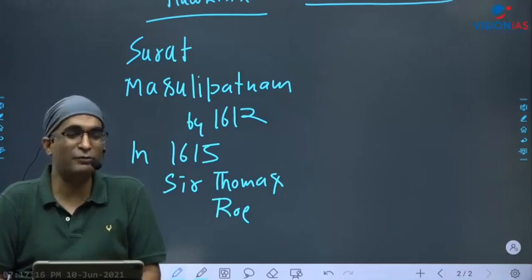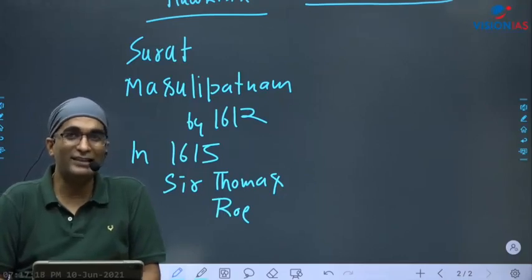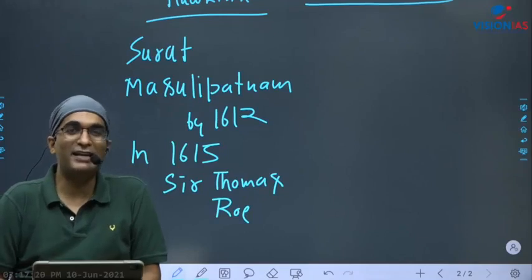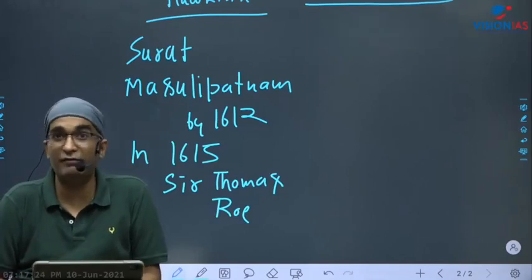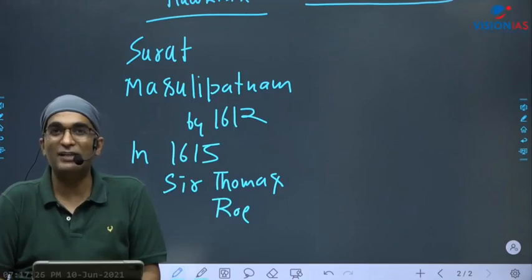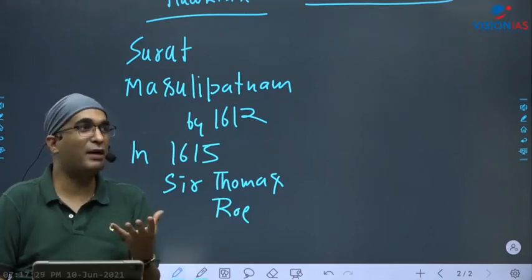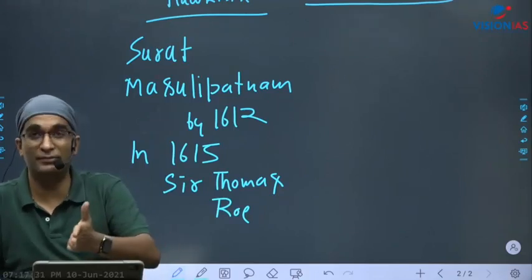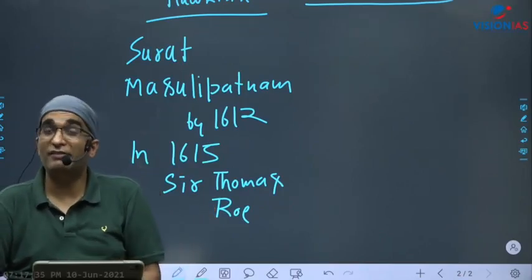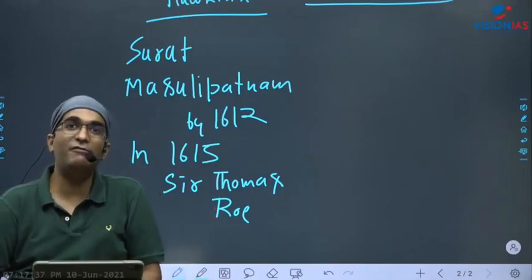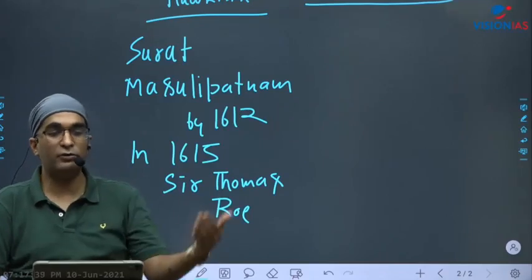And you know that we human beings are very like that only, that if somebody cares about you, what is the intention behind that, you will never know. But gifts and all these kinds of things bring a little bit of smile and a little bit of favoritism. So that's what happened. This time, Thomas Roe was given further trading concessions, and after this trading concession, he went on to create